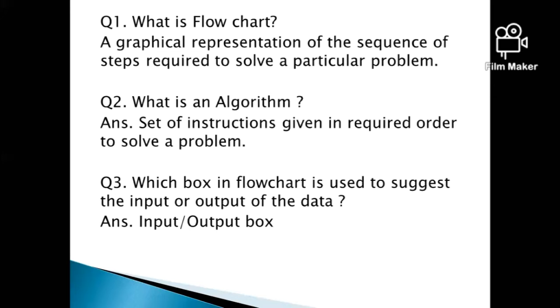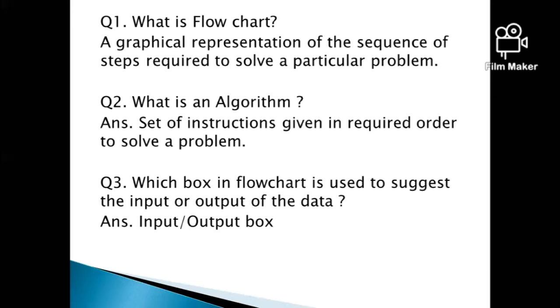So we can say that shapes or boxes are not there in algorithm. Okay, I hope the first question is clear to you. Flowchart is a graphical representation of the steps to solve a particular problem.